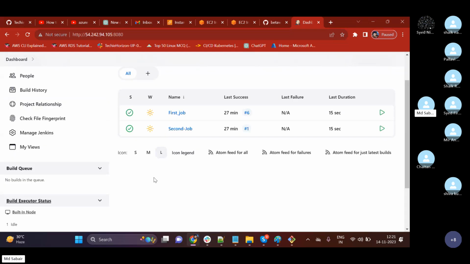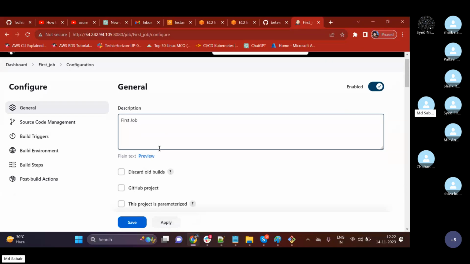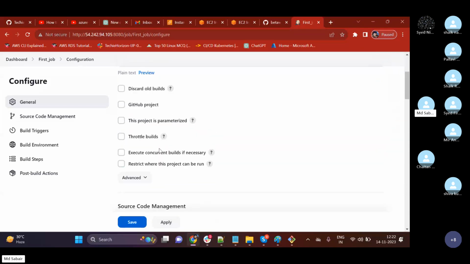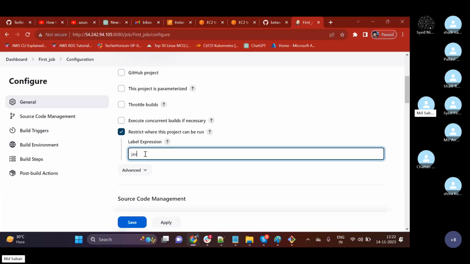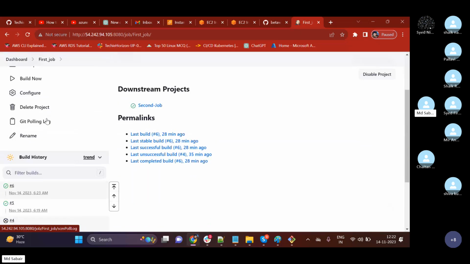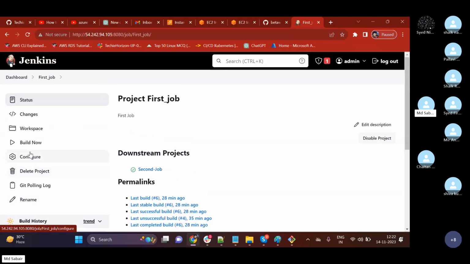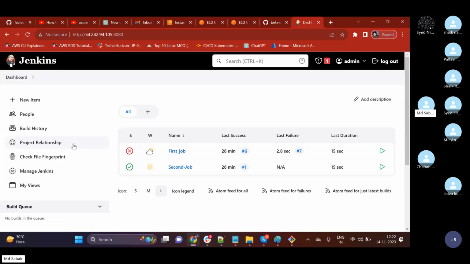So now what I will do, we have configured the label as Java, right? So first job, let me try to execute this job. Configuration. Here we have this option, restrict where this job can be run. If I select this, it is asking for a label. So I'm trying to execute as Java. If I select this and click on save, then this particular first job will be executed on slave 01 only. If I click on build now, and if I go to dashboard,